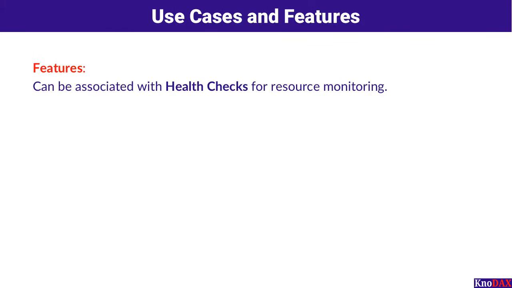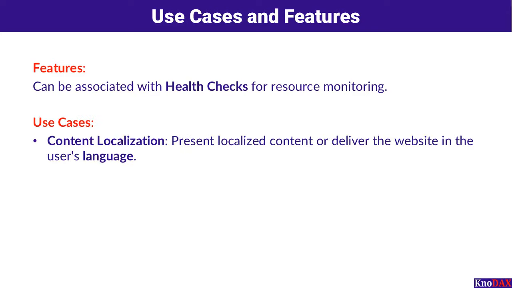Now, let's look at the features and use cases of the geolocation routing policy in Amazon Route 53. This policy can be associated with health checks, ensuring that traffic is only routed to healthy resources. There are two primary use cases for the geolocation routing policy. Content localization. You can use this policy to deliver localized content or present your website in the user's language, enhancing